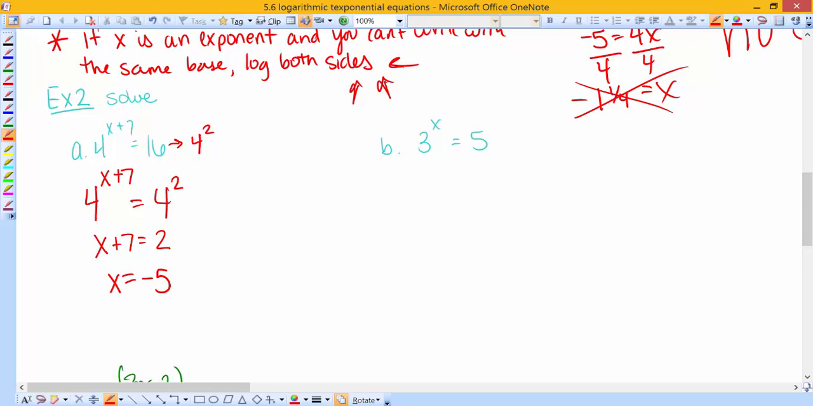Okay, your domain is negative infinity to infinity. So it doesn't matter that x is negative. You only need to test if you start with a log. Now,